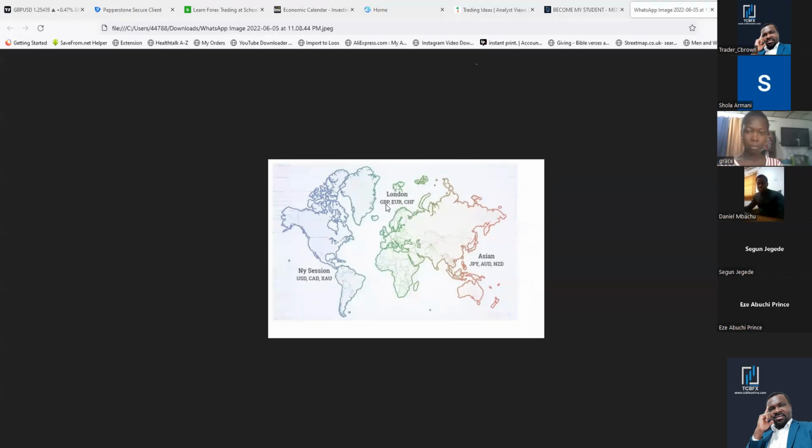Now look at this. We're going to explain this later on. I want you to pay attention to the sections. This is the Asia section. This is the London section. If you live in Africa, you are supposed to focus on the London section. If you live in the Asia region, you are supposed to focus on the Asia section, because that's where your market is busy. If you live in New York, you're supposed to focus mainly on the New York section, and then part of the London section, depending on this zone, this arena.